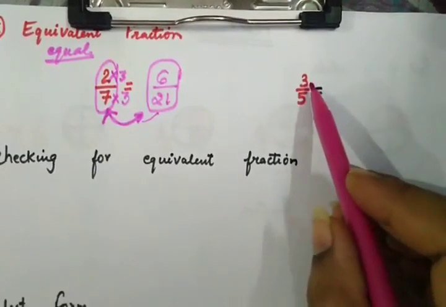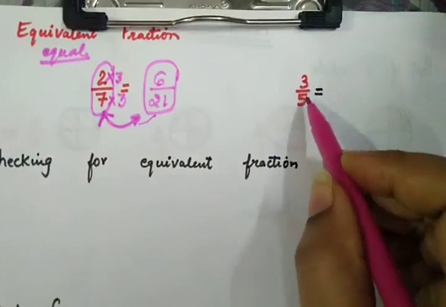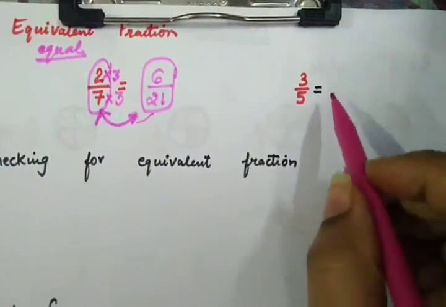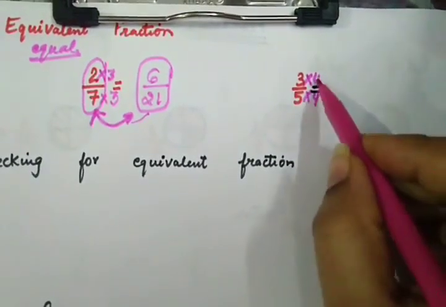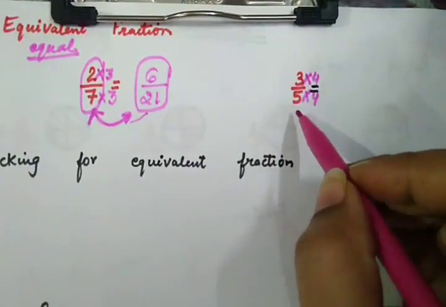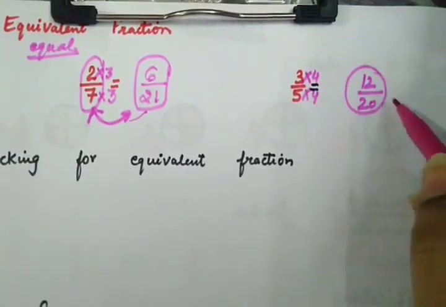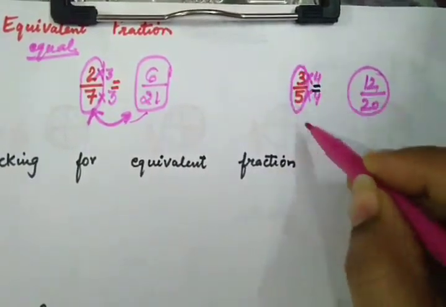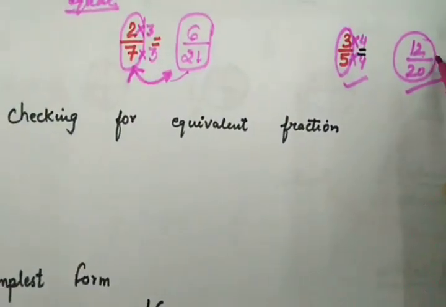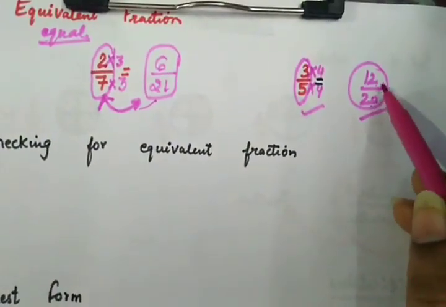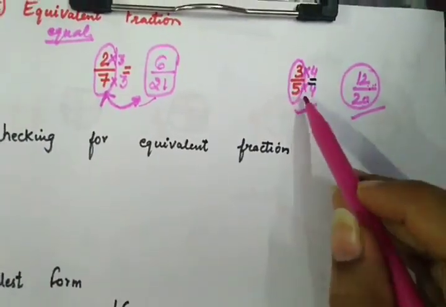If they ask me that 3 by 5 is one fraction and to give one equivalent fraction, you can multiply both the numbers by the same number. Now that number is your choice. Here I can take 4. So I have given 4 to both the parts, numerator and denominator. So 3 into 4, 12, 5 into 4, 20. So 12 upon 20 and this 3 upon 5, they both are equivalent fractions. Because if I cancel them, these two numbers are in the table of 4. Again they will bring back the answer to 3 upon 5. So the meaning is the same.